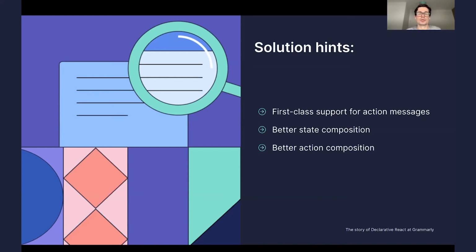And if we do this explicitly, then it's possible to do some better kind of composition of states and actions when we compose components together, maybe in some even automatic way. So we thought about it